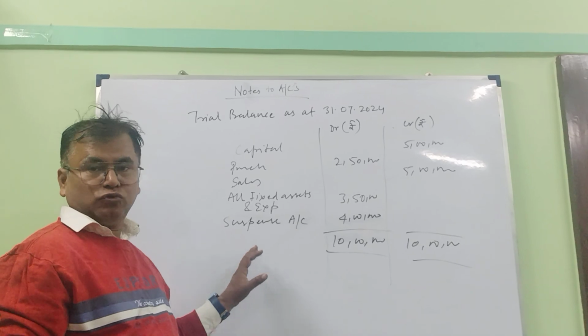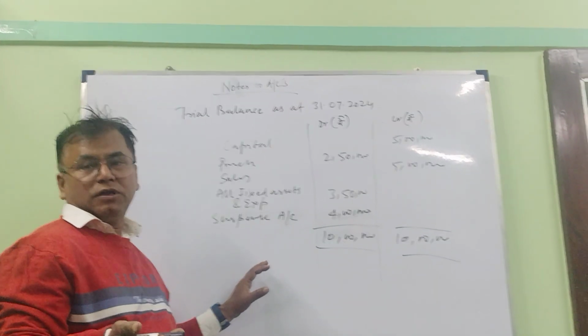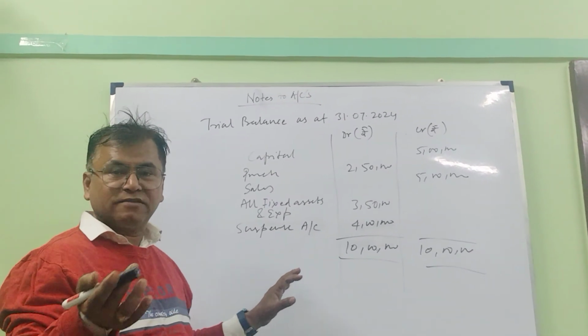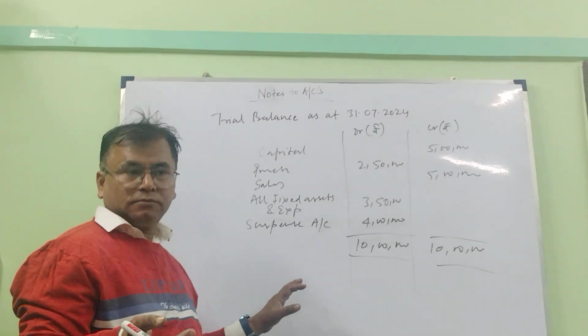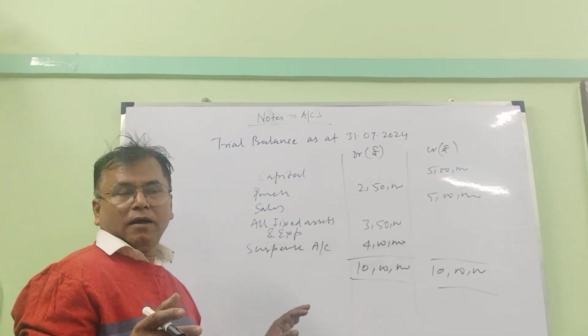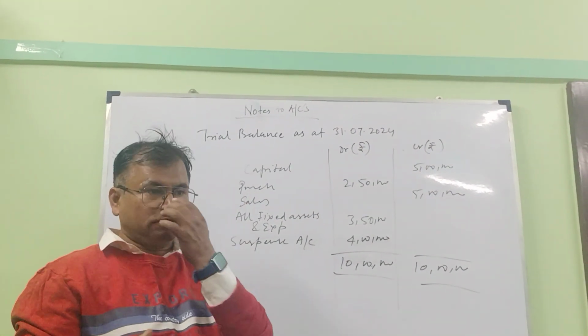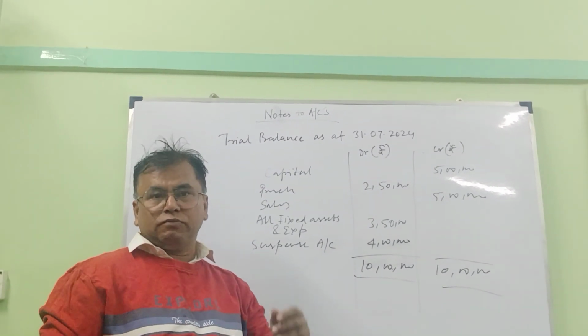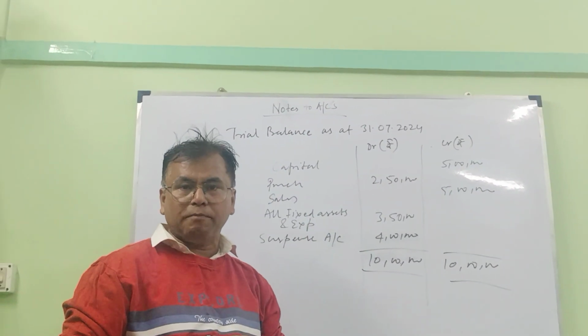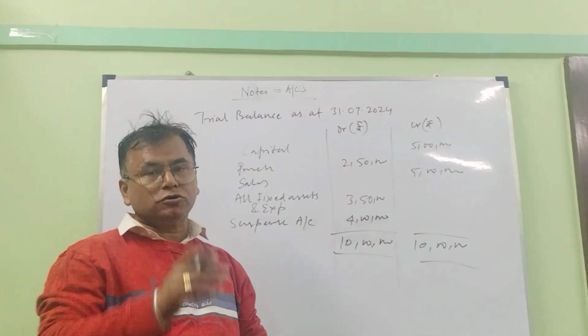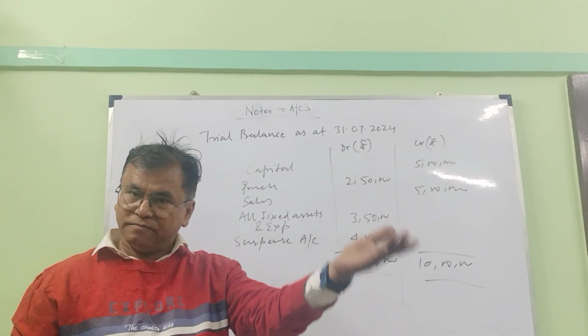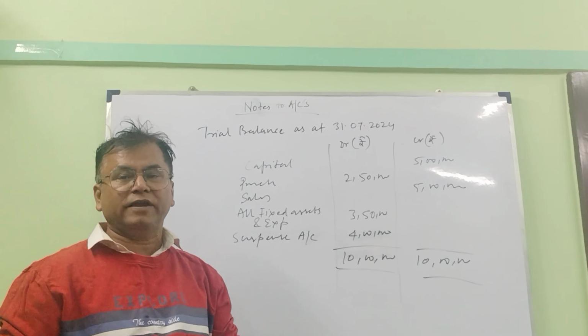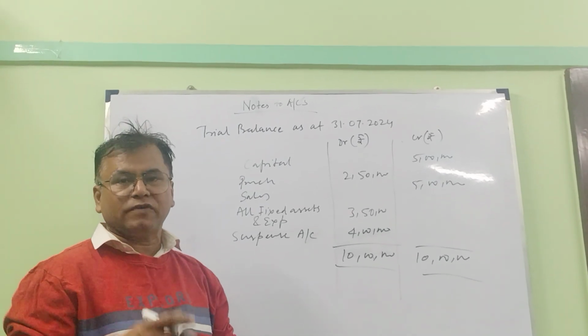And suppose we are unable to detect it even while preparing final accounts, then after final accounts also we will need to do it, and at that time there will be a PL adjustment account as well, because the error might be creating problems, or the error might have impacted our profits, and the profits may have gone up or come down because of that error. So PL adjustment account also comes into the picture when we detect the error only after final accounts.